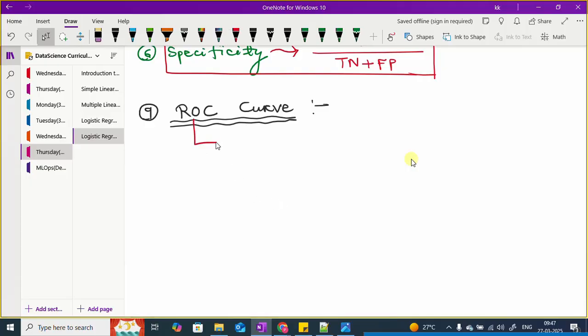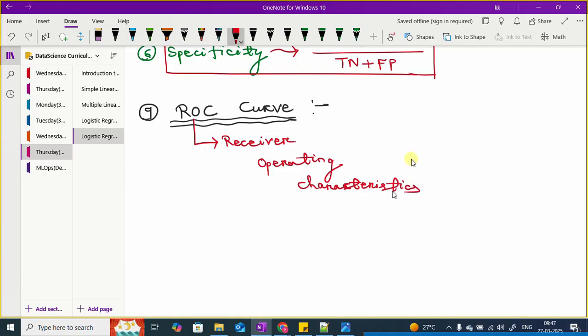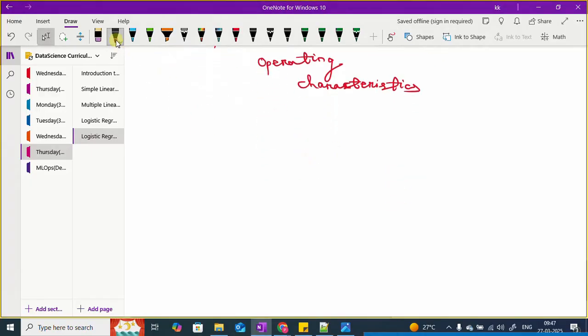Let me write it down first. ROC is nothing but receiver operating characteristics. Okay, receiver operating characteristics. Let me draw the diagram first, then I'll explain. Guys, if you want to draw a 2D plane,